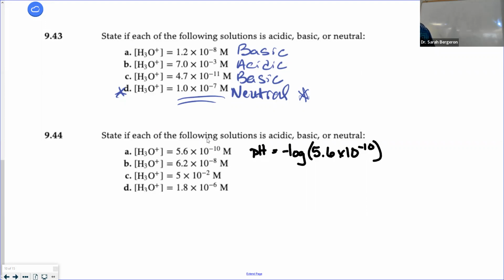Okay, so I'm going to do 5.6. Now I need to do times 10 to the negative 10. How do you put that into a calculator? You do second, and then do you see x to the negative 1 has a teeny tiny EE above it? Press that. So that E represents the same thing as times 10 to the,